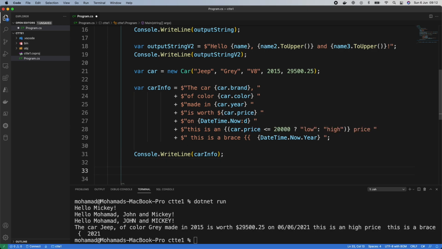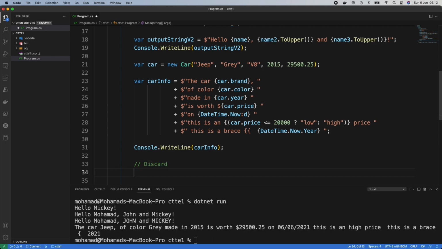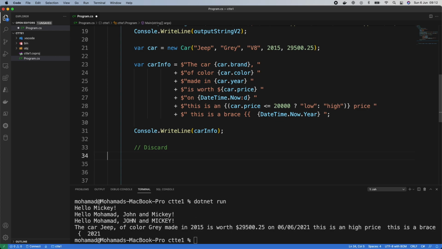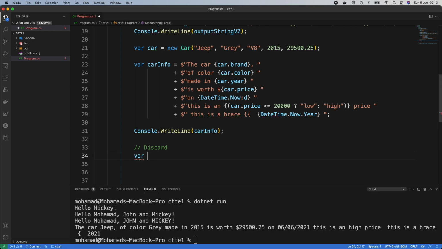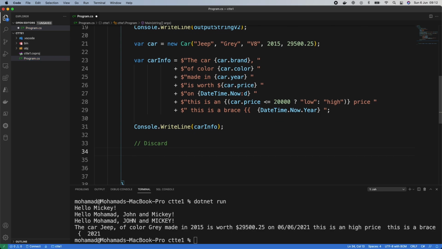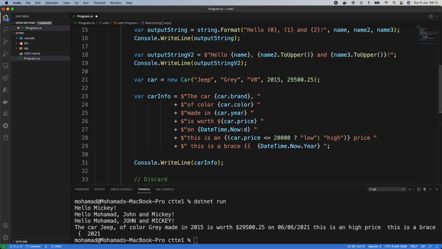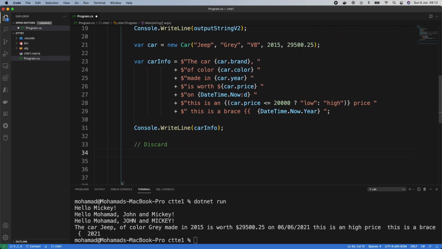So let us create here a new section. We'll call it discard, and let's take it from here. So basically, let's create right now 3 values. So var, I will call it car brand. I'll tell you what, without doing this, we can just utilize the record that we have for a car here, which is car. So let's create this var,